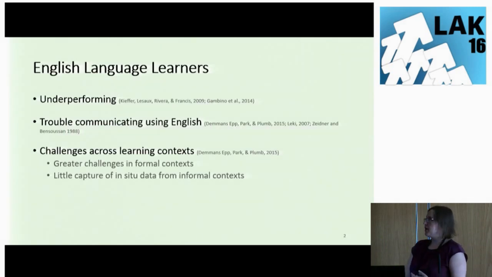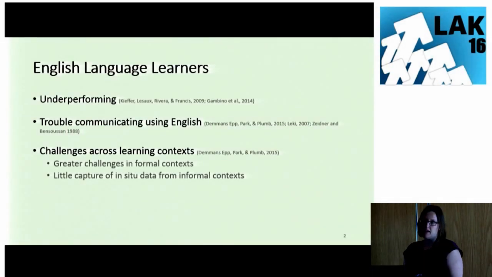So we know that English language learners are underperforming when they're compared to first language speakers, and that's shown through a variety of different tests, national standards in the US. And they also have trouble communicating using English, and there have been claims that this is different across learning contexts, but the majority of analytics that we have come from formal learning environments, and we definitely aren't tracking their communication